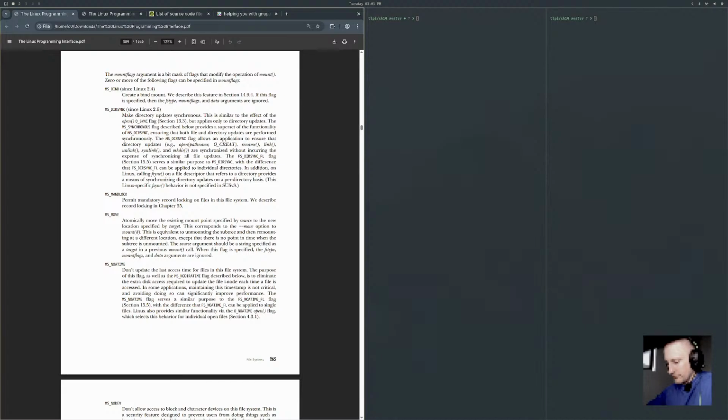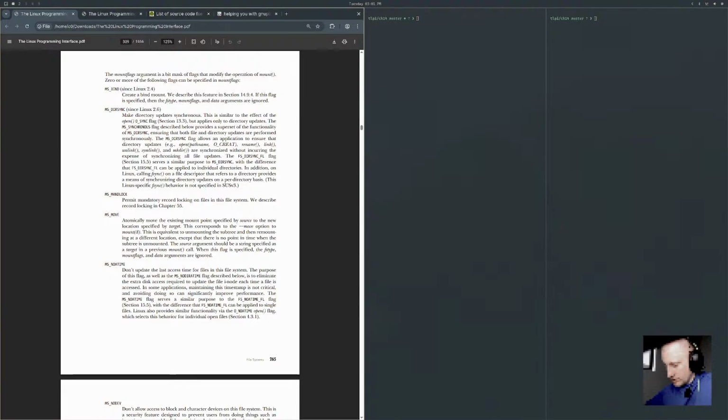Zero or more of the following flags can be specified in mount flags. MS_BIND, create a bind mount. We describe this feature in a later section. If this flag is specified, then the fs type and data arguments are ignored, as are the flags in mount flags other than MS_REC, which is recursive mounting.